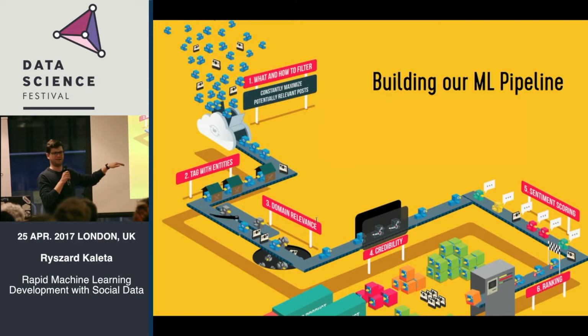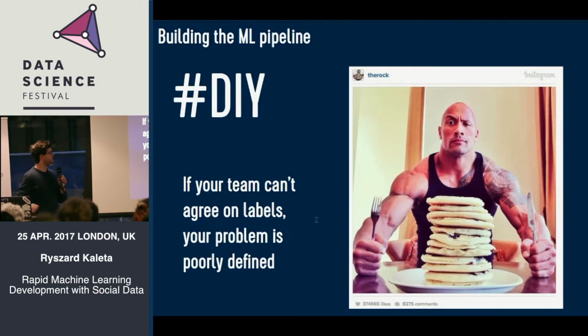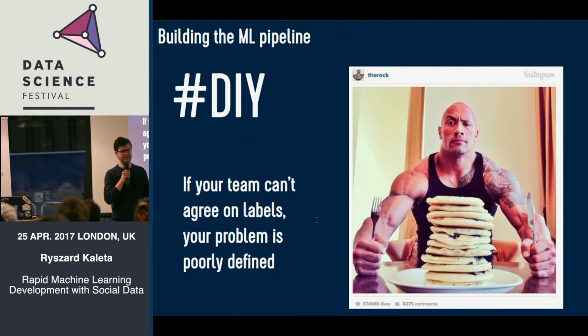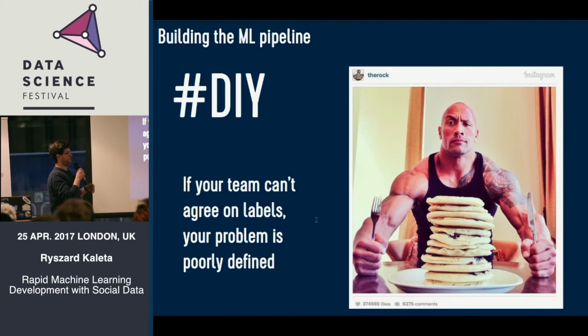Now, there have been a number of learnings for us building this pipeline. What I'd like to do next is share some of the more practical ones that you can apply in your own work. And the first one is that if you're going to be building something from the ground up, it's super important to get the scoping for your models correct. If you think about the overall task of finding content on social media, it's pretty hard. It's subjective, it's broad. And what we had found good is that when we come to develop a new model, we actually go ahead and tag or label some of the proposed training data ourselves. This gives us a good idea of whether we had defined the problem well.